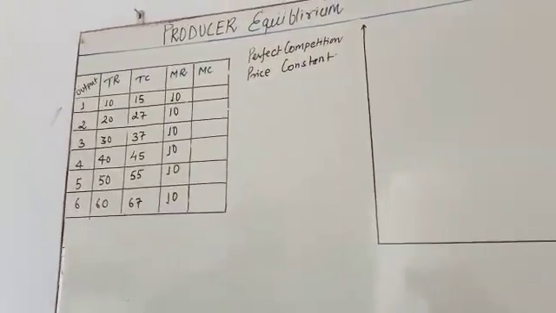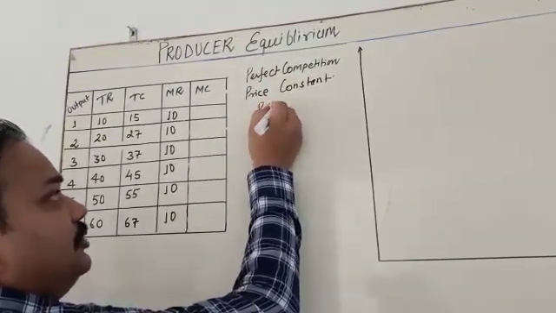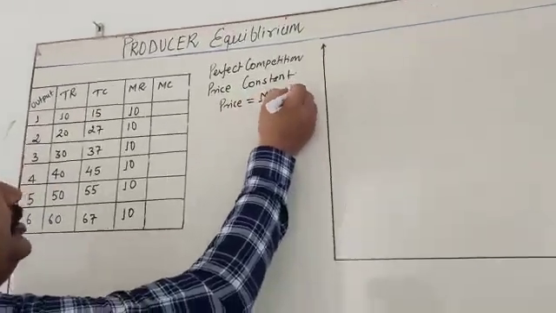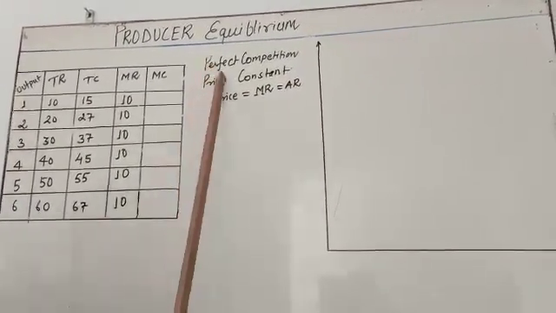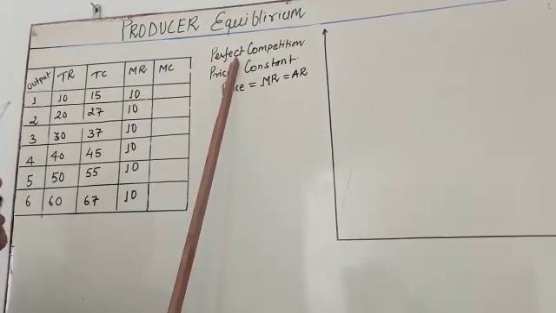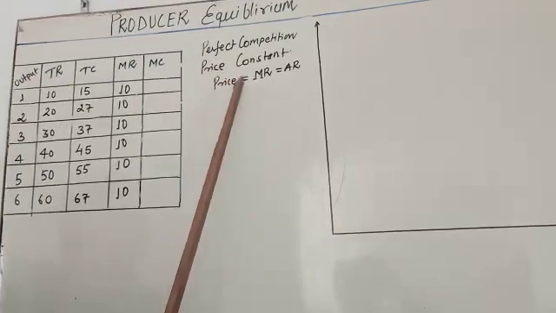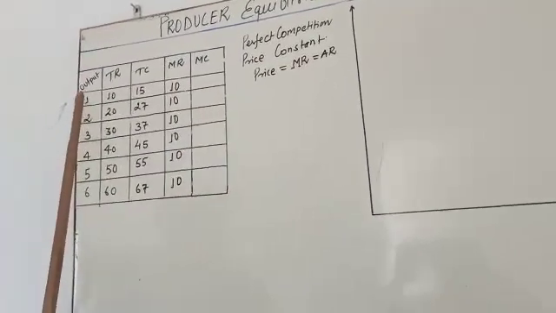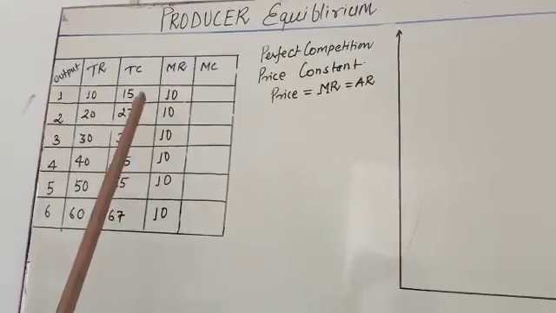Second, come to this point. In perfect competition, price is equal to marginal revenue. Keep remembering this, and average revenue. I think you have already studied in the previous video. In perfect competition, price is constant. Price cannot be changed because it is decided by the industry, not decided by the firm. So price is constant. Okay. So price is equal to MR and average revenue. So in this situation, what do you observe? As output increases, total revenue also increases, but the marginal revenue remains constant.